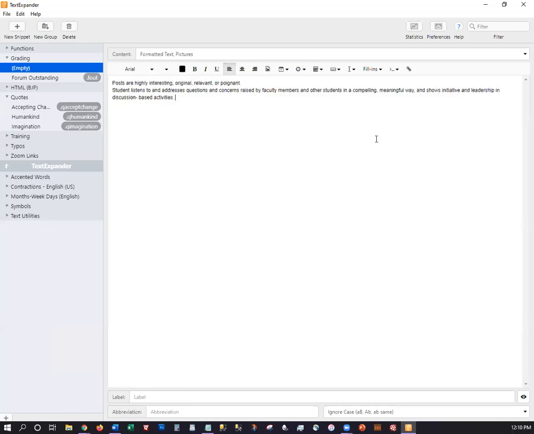It's keeping the formatting, and I'm trying to get rid of it. So that's okay. I pasted it into just Notepad, and it got rid of all the formatting for me. So you can start with this, and you can change it to well done. Your posts are highly interesting, original, relevant, whatever you want. You can tweak this, or you can make it short, or you can make it long. Now, you might not want to say exactly this to every student, but if you paste this in whenever someone has done outstanding, got a 9 or a 10 on a forum post, you can then tweak it and say,